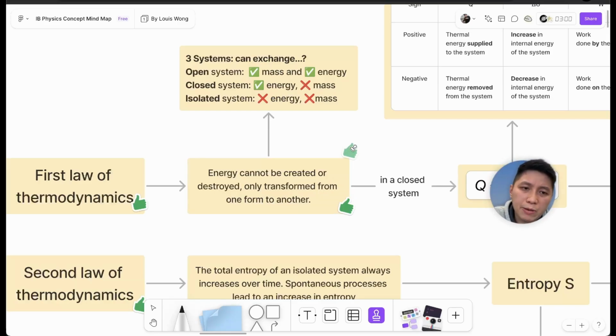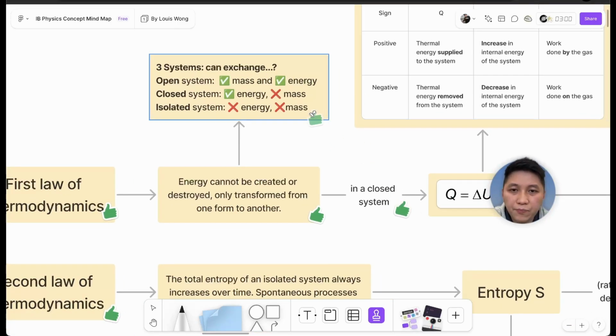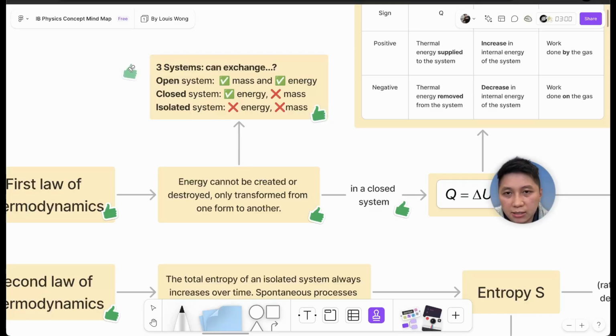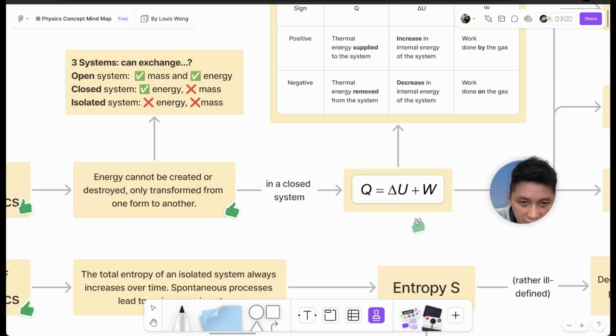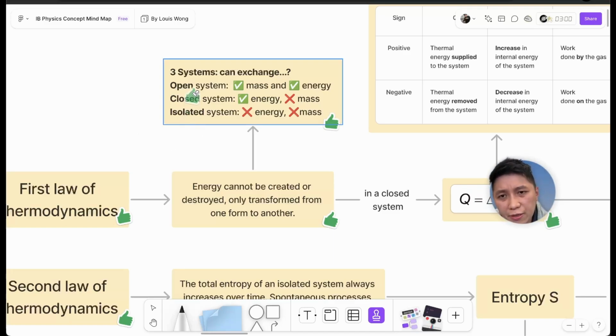However, we will be more specifically talking about this: it is only true in a closed system. What it means by a closed system is that in a closed system, you can have this equation. But in terms of energy having to be maintained constant, we have to consider it as an isolated system. So no energy can be exchanged from inside to outside of the system, and no mass exchange, basically the strictest situation. So what you need to know is really how the three different systems are named,